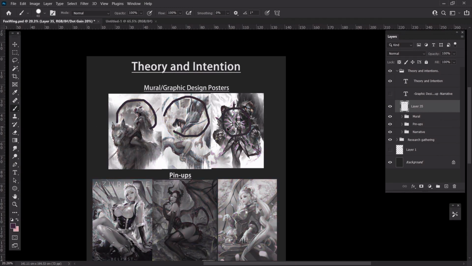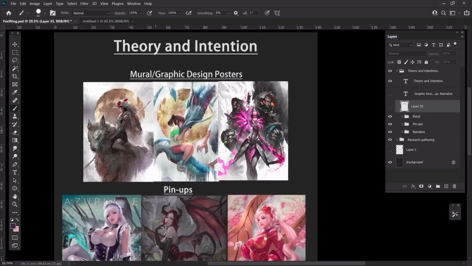We can also do a grayscale check to see what our eye is actually focusing on. Our eyes normally will go to the place with the highest contrast. So for this, it's actually here. And it brings us to the silhouette of the character. And for this, the head is the darkest area. Okay. So we will look at her first, and then our eye will flow around the composition based on the